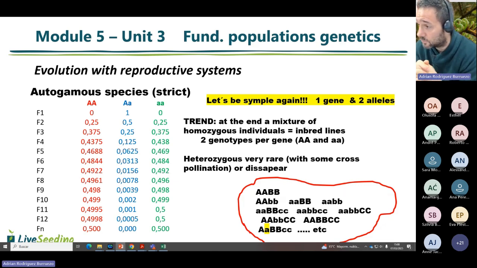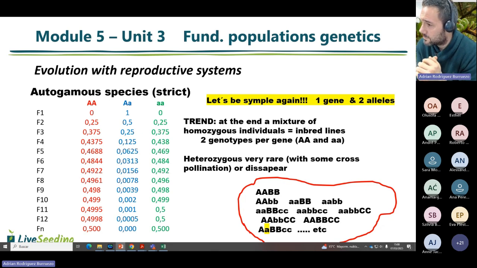In the case of autogamous species, which are the ones who self-fertilize generation after generation,